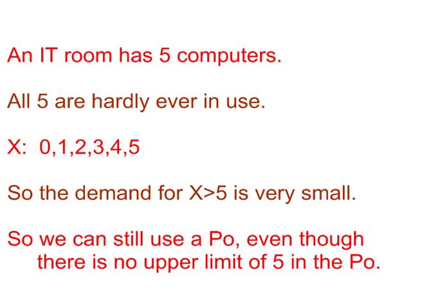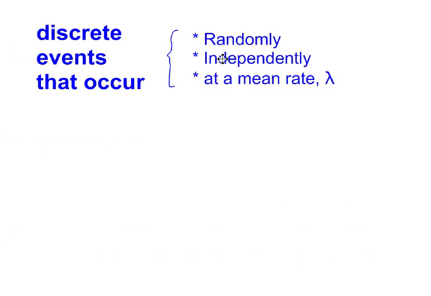Even though the Poisson distribution has no upper limit, 5 are hardly ever all in use, so the probability that X is greater than 5 will be really small. So the Poisson distribution is a suitable model